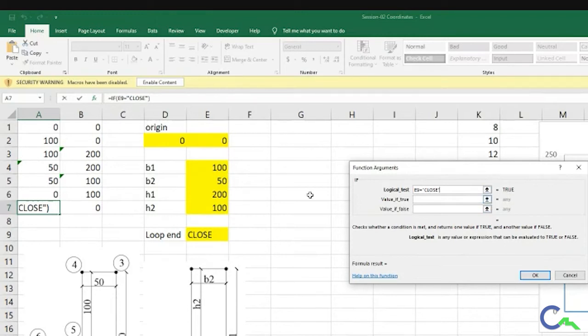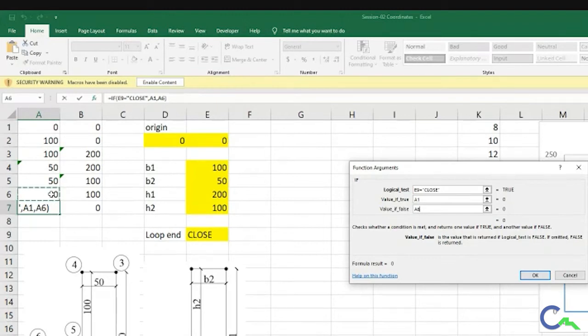If it is true, I have to get this coordinate. If it is close, I have to get the first coordinate. If it is false, I have to get the sixth coordinate. So I have to make the coordinate the same as the previous one.